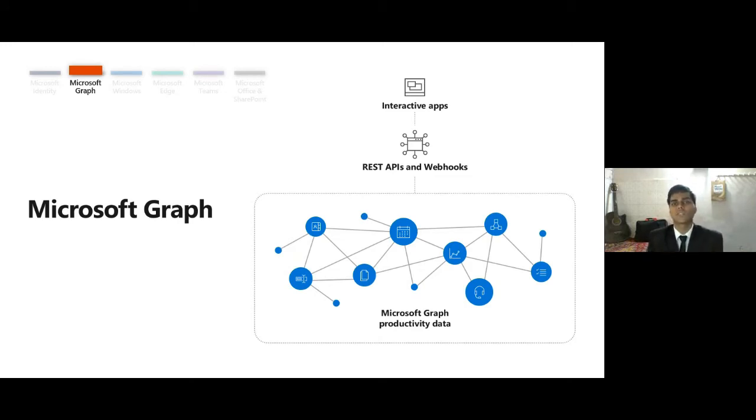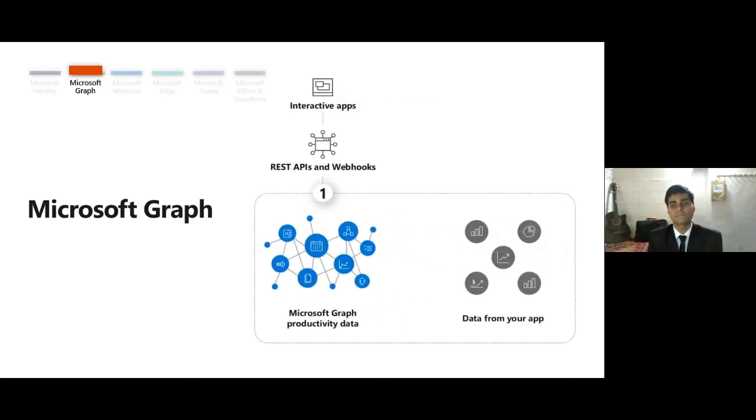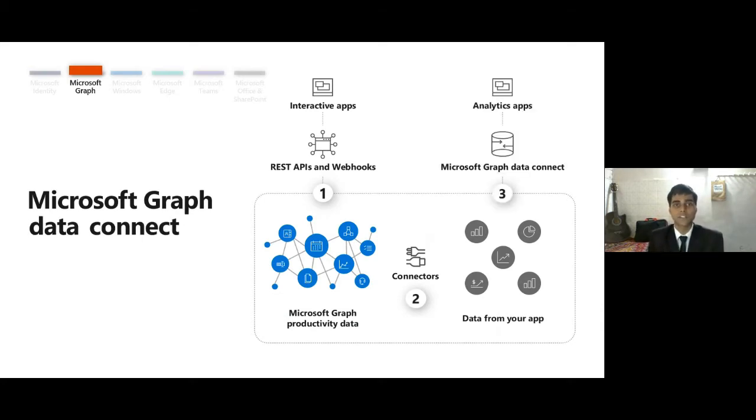It is then, you can say, implemented in the cloud part, and then it is showcased to us in the form of interactive applications. So data from our application is displayed to us in a very precise and effective manner using Microsoft Graph. And as I said, there are connectors. Now, these connectors are actually not wired connectors. Mostly, these are wireless connectors, and they connect all our data to the cloud. And via the cloud, we are able to access multiple applications in the form of interactive applications.